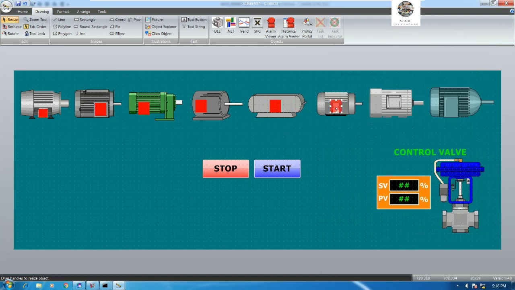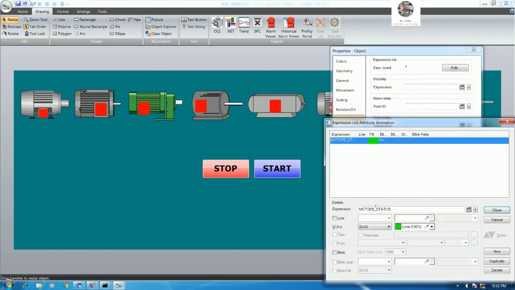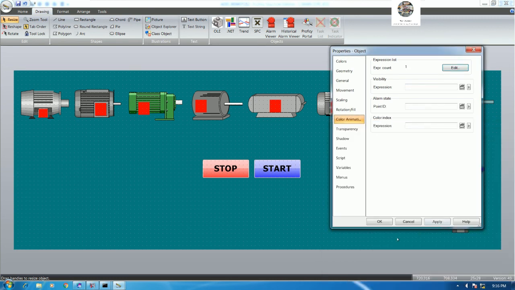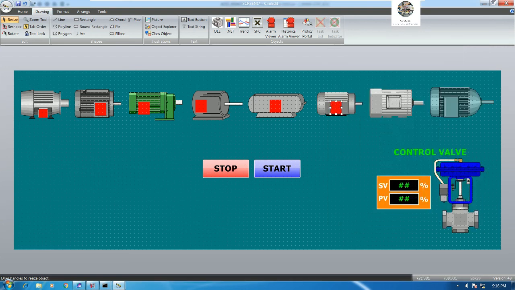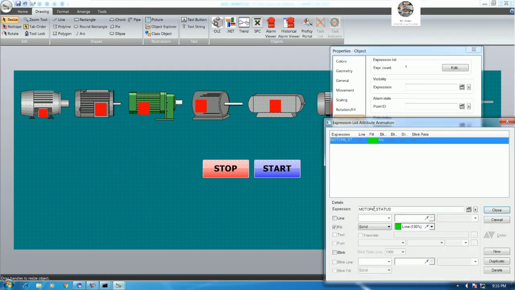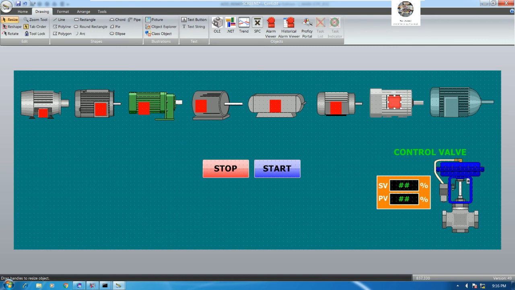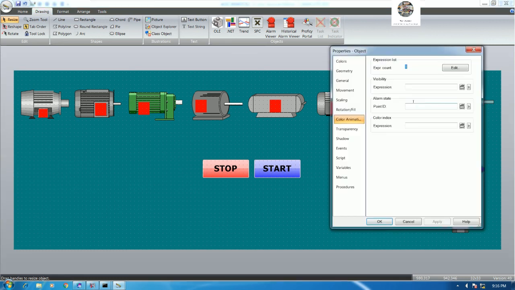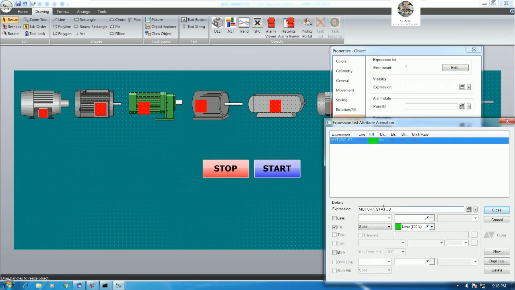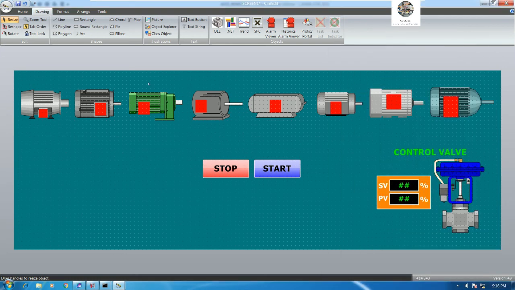This one we can change to 6, and this one we can change to 7, and the last one we can change to 8. Okay, that's all. So we can save,